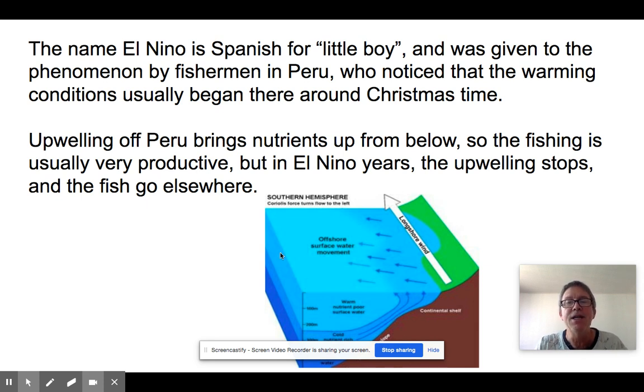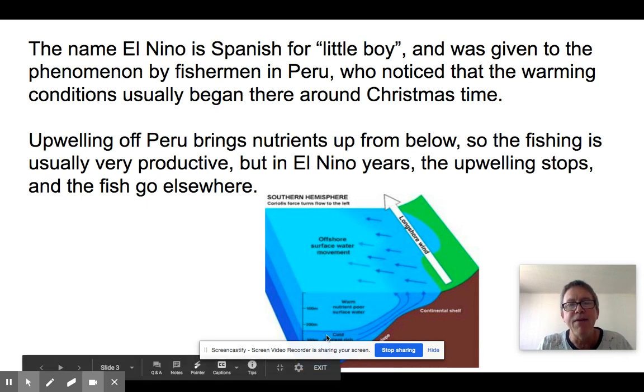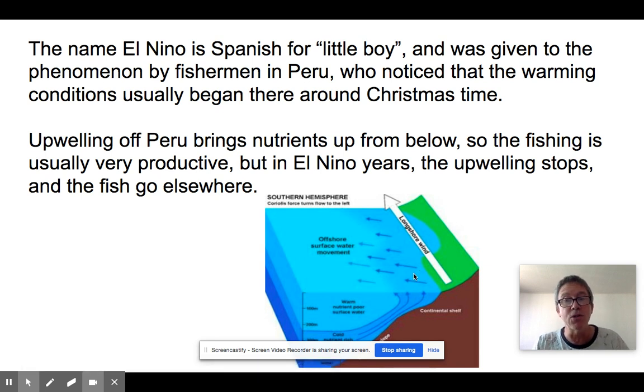But what happens is, as this wind blows this way, it drags the surface water away, and that cold water comes up from below to the surface. So they normally have very cold water here, but it's very rich in nutrients. And when those rich nutrients come up to the photic zone, and now there's light, well, guess what? Now all that phytoplankton has all these nutrients to build cells with. So there's this explosion of phytoplankton, which makes an explosion of zooplankton, which makes an explosion of fish, which makes the fishermen really happy, which makes the birds really happy, which makes the whales really happy.